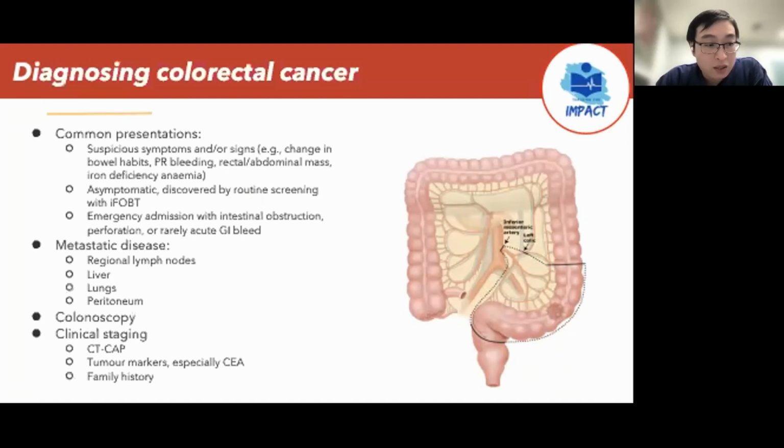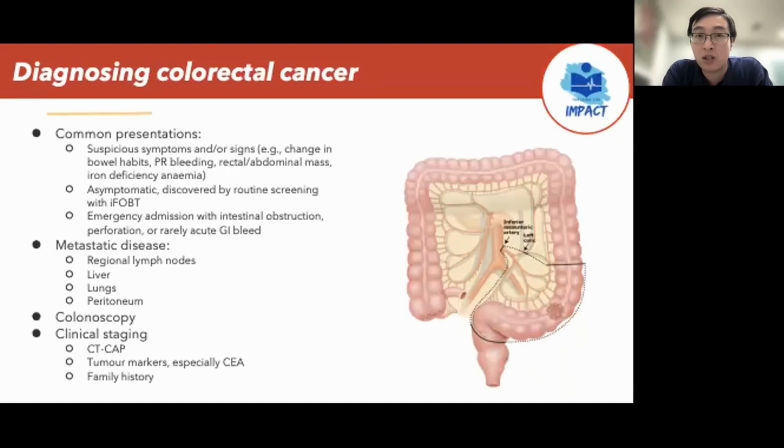So in terms of diagnosing colorectal cancer, colorectal cancer can present in 3 main ways. This patient had some suspicious symptoms and signs, and that's one way that colorectal cancer can present. Often it's asymptomatic, so often you'll see asymptomatic patients